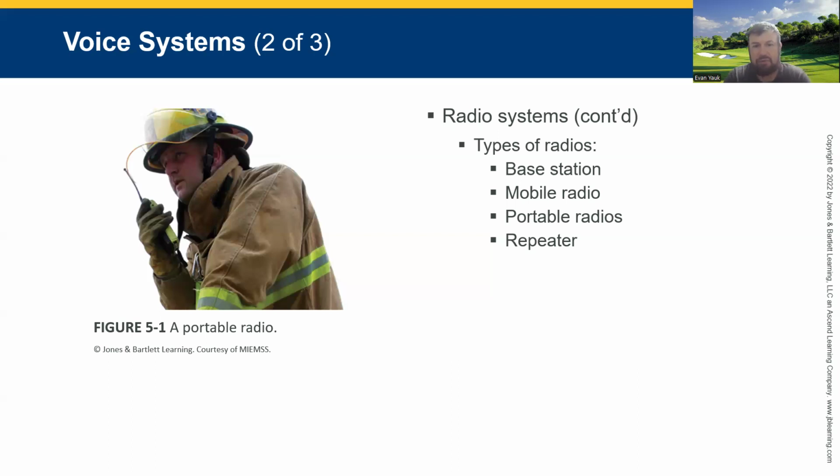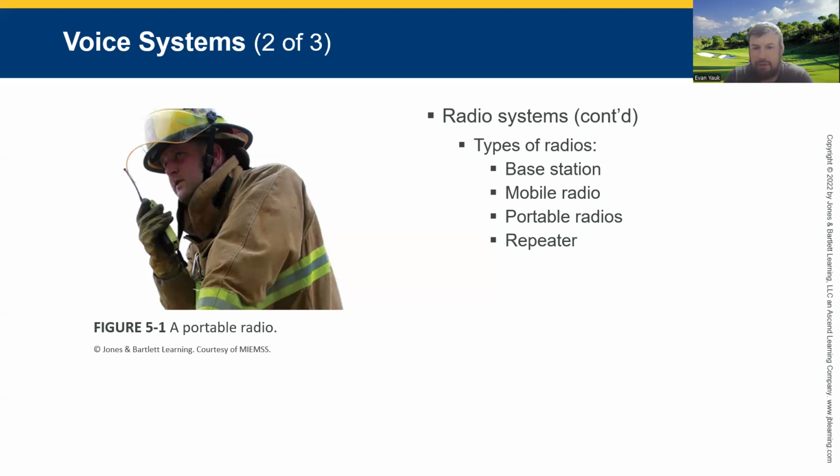Then you've got your mobile radios, a device that is mounted in a vehicle and draws electricity from the electrical system of that vehicle. So your fire trucks, your police cars, your ambulances, we have fixed radios in those units that we use while we are in the unit. And then we have our portable radio. That's our handhelds, a self-contained unit that includes a two-way radio with a battery, a built-in microphone and a built-in antenna. I don't have mine on me, but